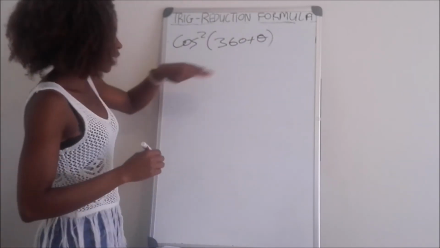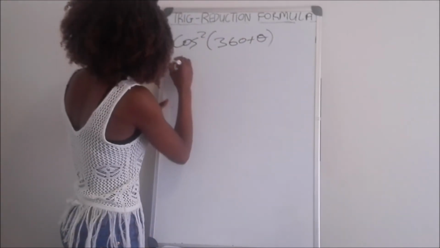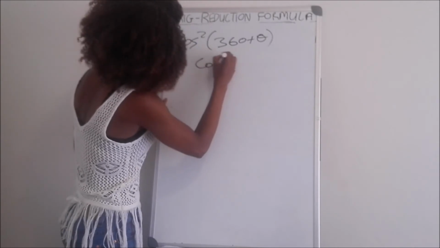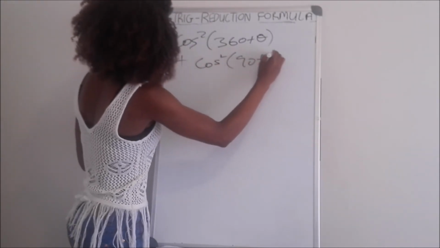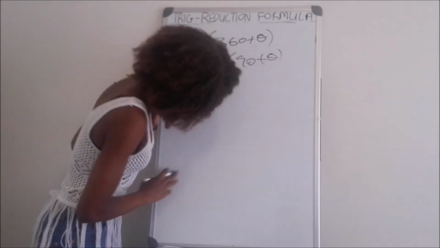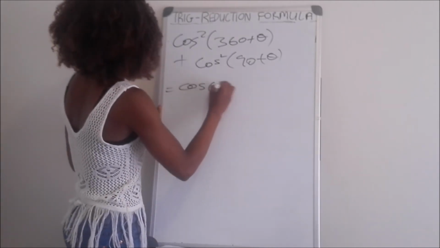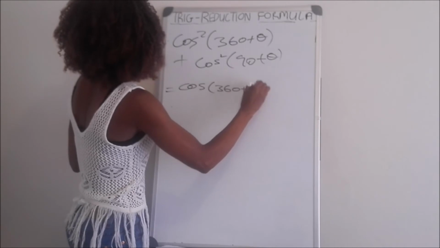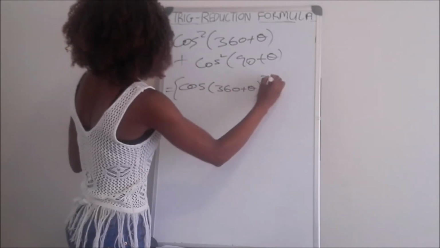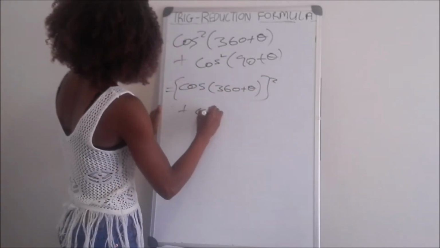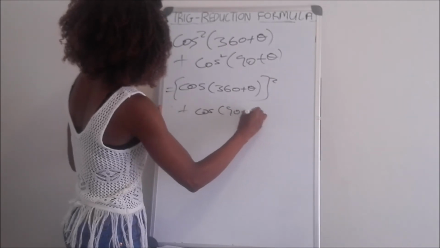Remember, 360 is not a cofunction. Plus cos squared of 90 plus theta. The first we do is cos of 360 plus theta all squared, plus cos of 90 plus theta